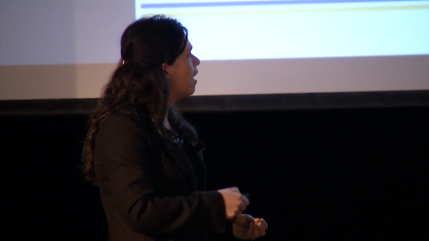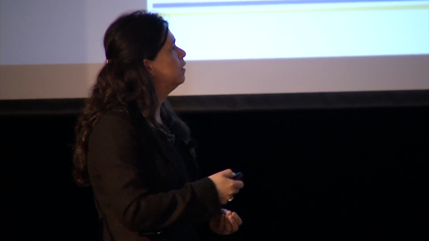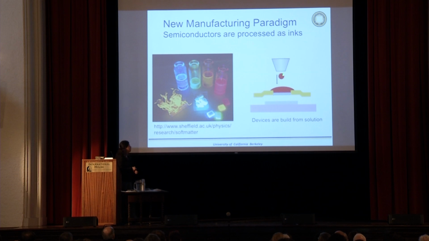Why is the manufacturing different now? Because now my semiconductor is no longer the silicon wafer that I get in the box and process throughout. I am really building my device from solution. I am printing, or depositing, every layer the same way that I was depositing the photoresist in traditional processing. Now I actually deposit the active layer, the functional material, from solution.